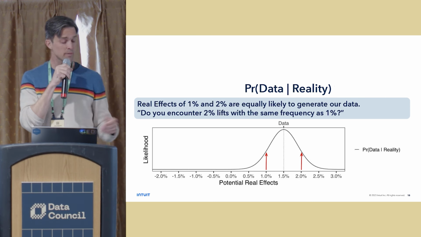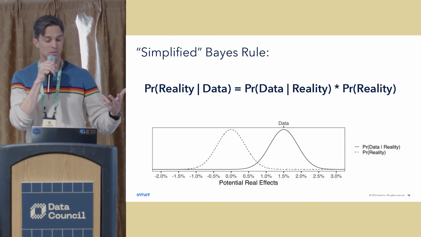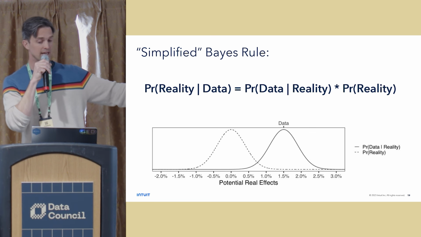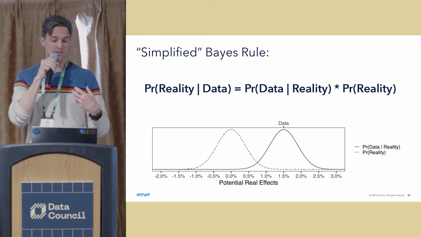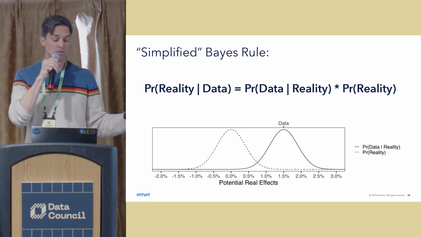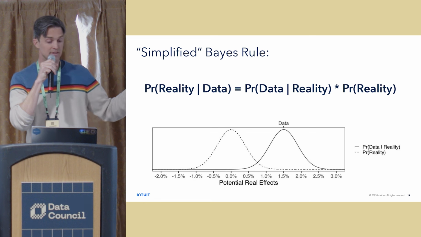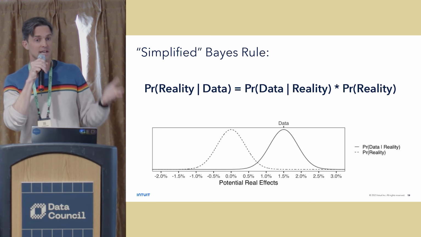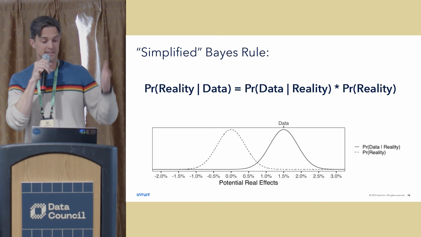And you want to bring that information into your model, okay? Because when you bring that into your model, this is going to allow you to now compute what is the most probable reality, okay? And so in this case, I'm introducing this new term, the prior probability of reality, and that's the dotted line plot that you're seeing. And this is saying that, hey, look, most A/B tests have no effect. So that prior probability of reality is centered at 0.